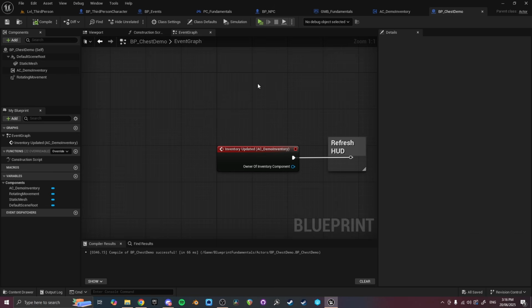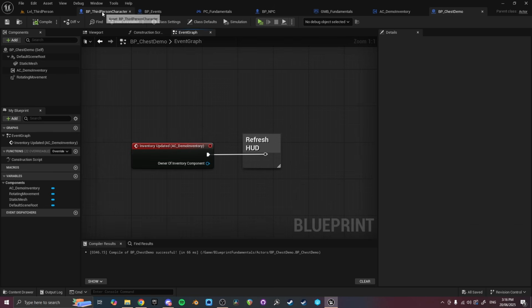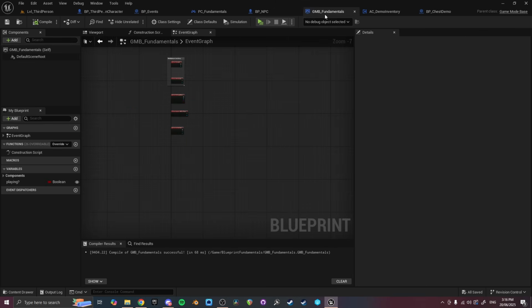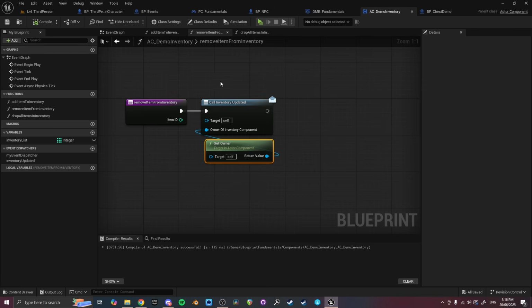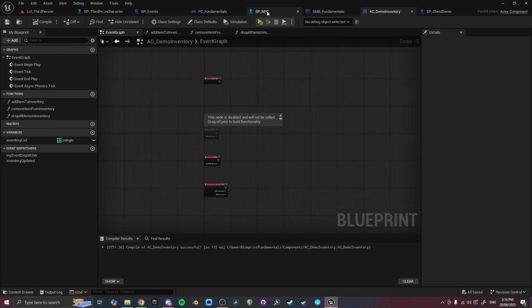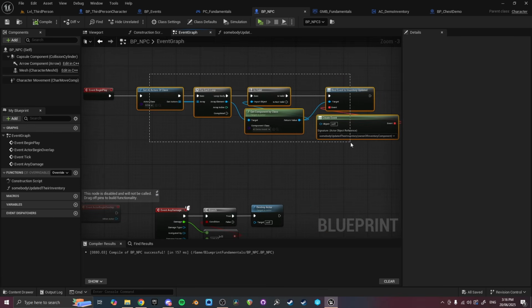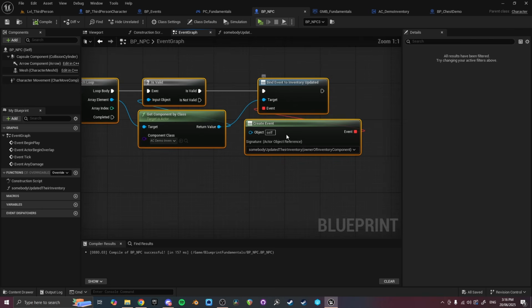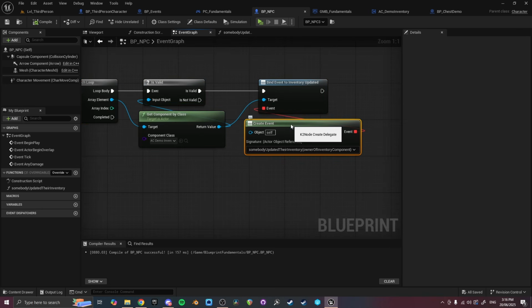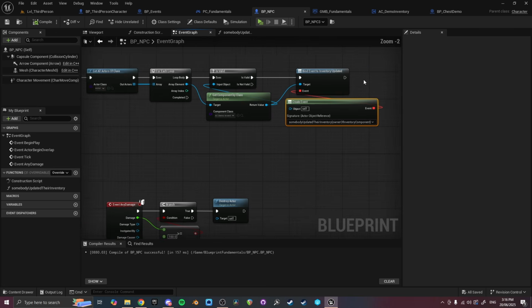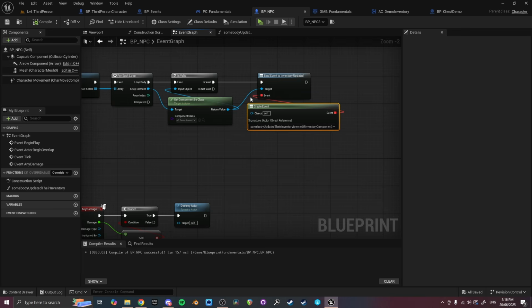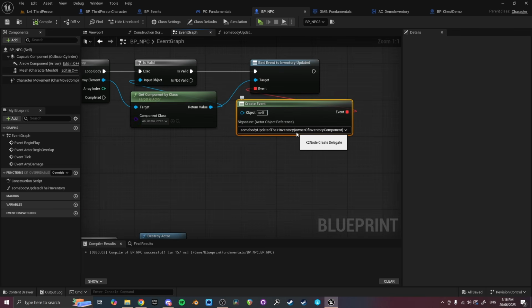Alright, so I hope that explains a little bit about actor components and event dispatches. But basically, the last thing that I will say, I've already said that so many times, but we're in BP NPC. So on Begin Play, we began listening for every inventory in the game, and he's listening for when anybody changes their inventory. So even if it wasn't the character, it could be an AI that picks something up. He's going to know about it. He's going to look straight at them. Now, say you clapped him over the head with a cricket bat or something, and he no longer has the ability to read people's minds and know when they've put money in their pocket,